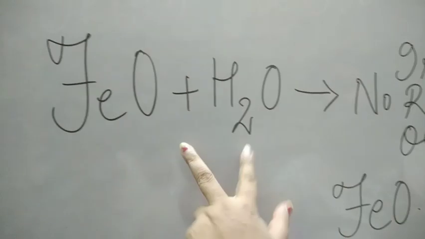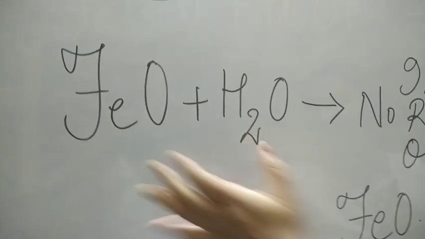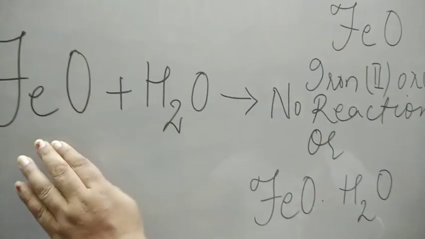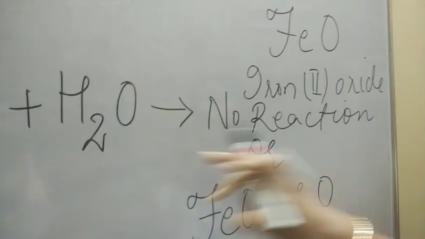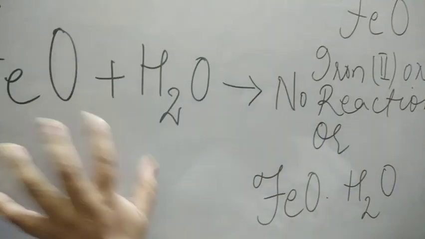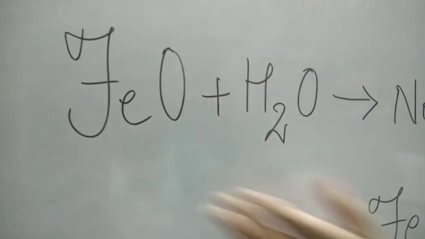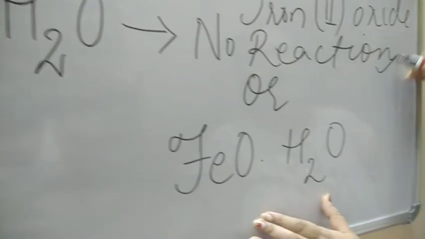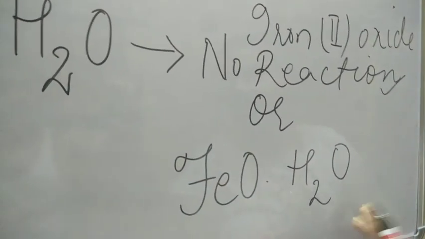It does not mix. The plus sign shows that if it mixes, then only a compound will form. So here, when iron oxide is mixed with water, the word insolubility comes in. It does not mix with water. It is insoluble in water. That is why we write no reaction, or you copy down the same as on the left hand side. Now let's see, children, what is the next part?